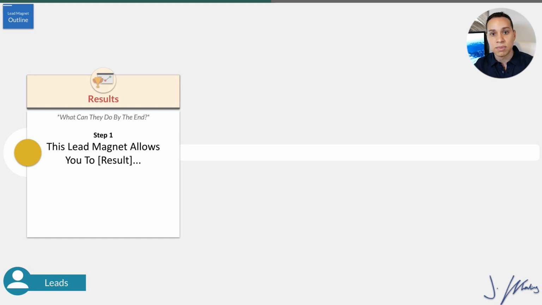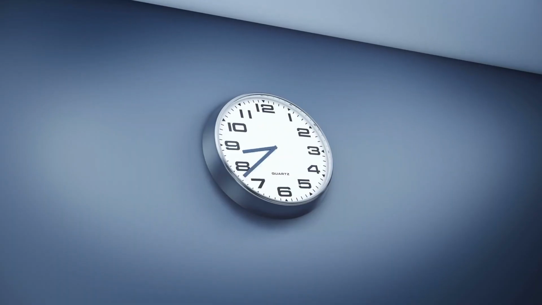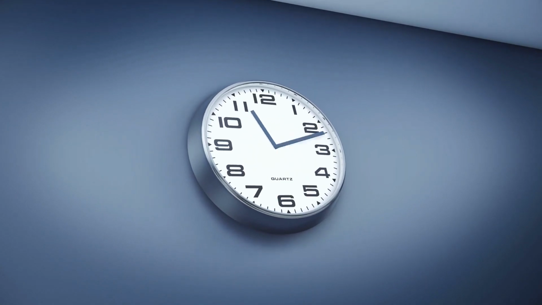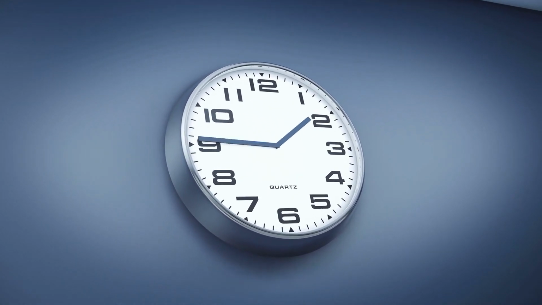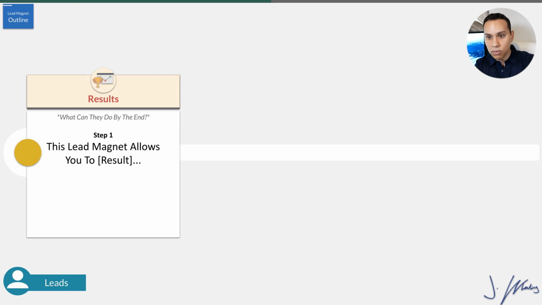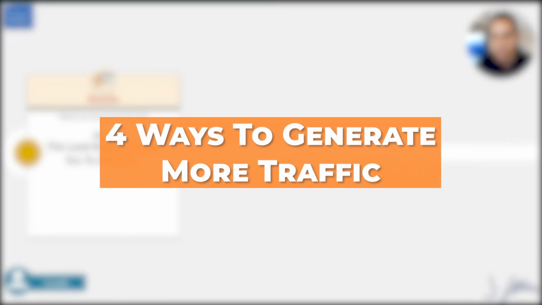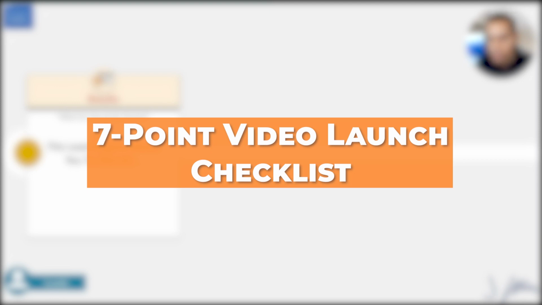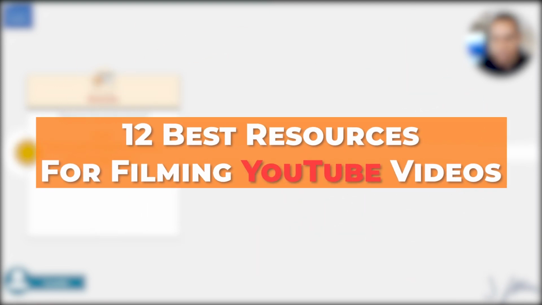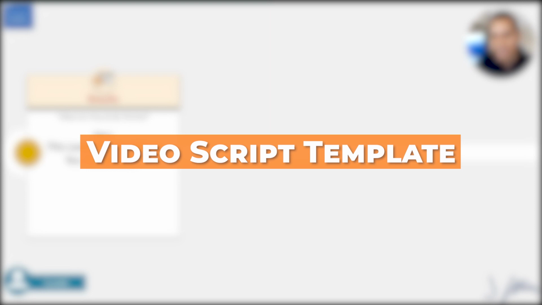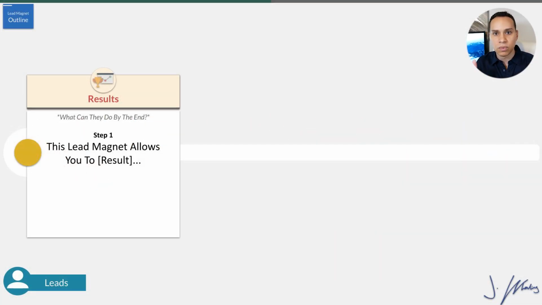And of course, we want to make sure that it is shortcut based. We don't want to say, hey, this is going to be 67 steps to success in all of life. And someone's just going to look at that and go, okay, wow, that's going to take a while. Thanks. I'll get back to you in 3 months. We don't want that. We want something short and sweet, like 3 keys to success, 4 ways to generate more traffic, 7-point video launch checklist, 12 resources for filming YouTube videos, video script template, etc. We'll get to naming in a moment, but we want it to be a quick result that we can achieve